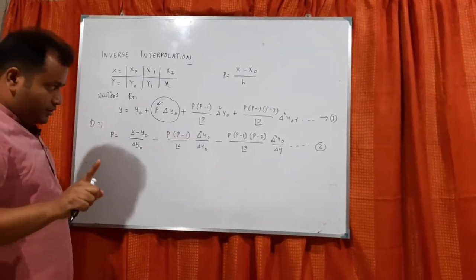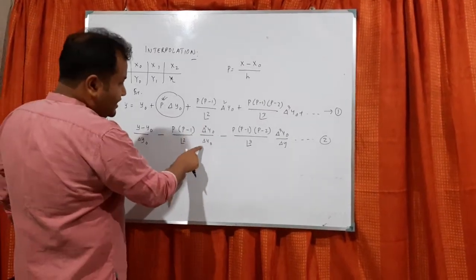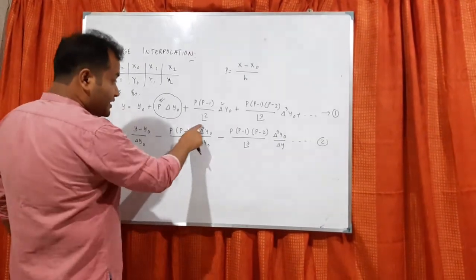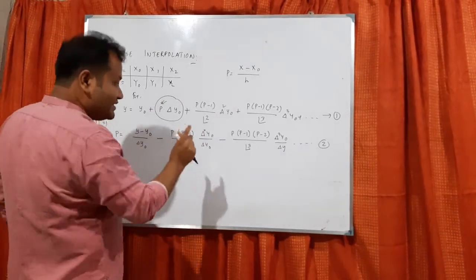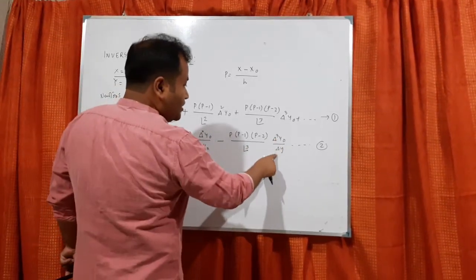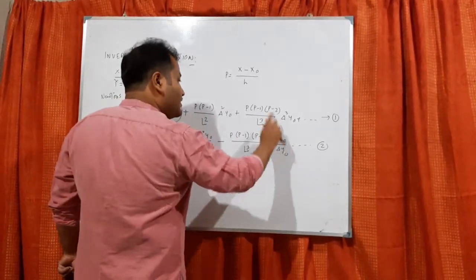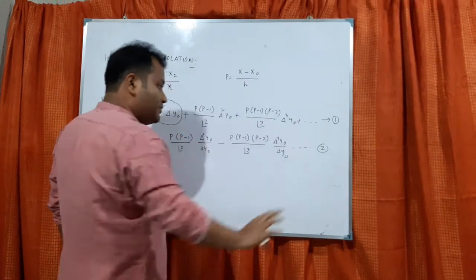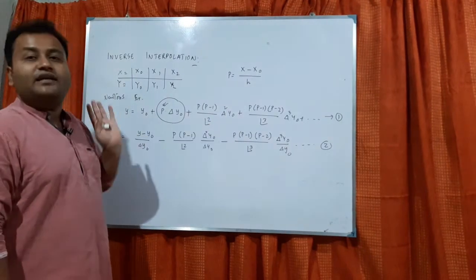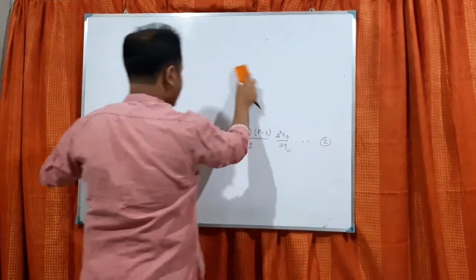Now there is some precaution. Here it is delta square, there it is delta y. Anybody may want to cancel one delta, but you can't, because delta is an operator, so you can't divide it. Delta cube y0 by delta y0 - many people may write delta square y0, but no, delta cube y0 is a separate entity and delta y0 is a separate entity. So equation 2 will be the same as it is. Don't cancel anything.